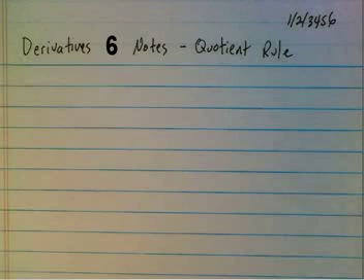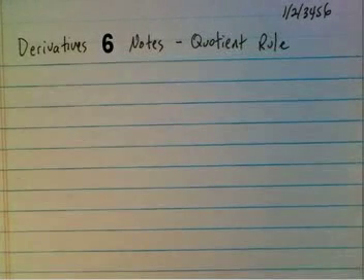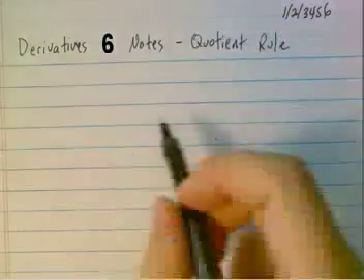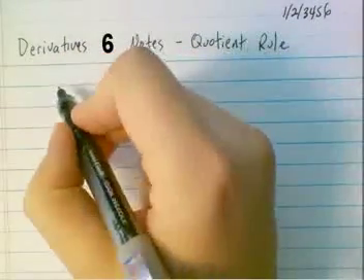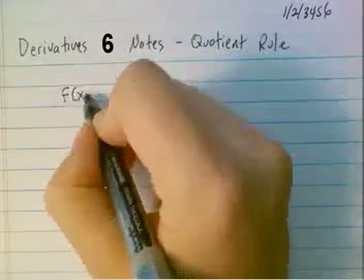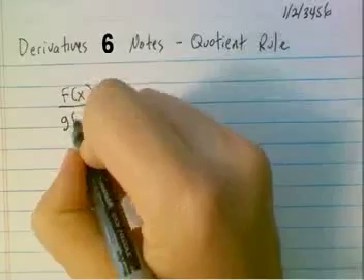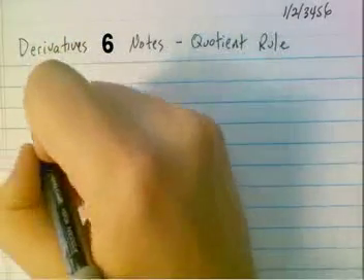At the end of this lecture, you should be able to use the quotient rule. So the quotient rule has a lot of similarities to the product rule that we looked at yesterday, but quotient means division, so instead of talking about multiplication, we're going to talk about division. Basically, we have some situation where we've got some function f of x divided by some other function g of x, and we're taking the derivative of that